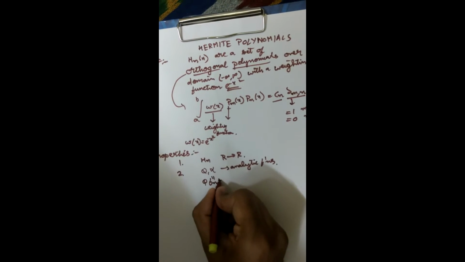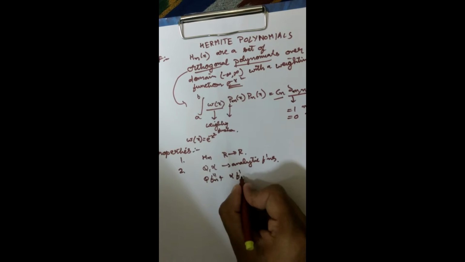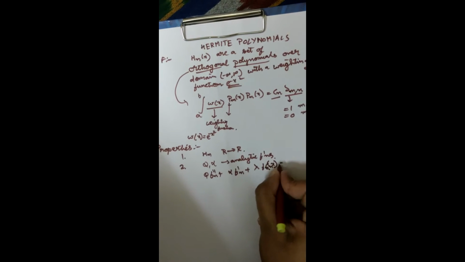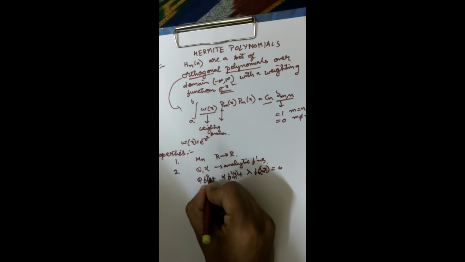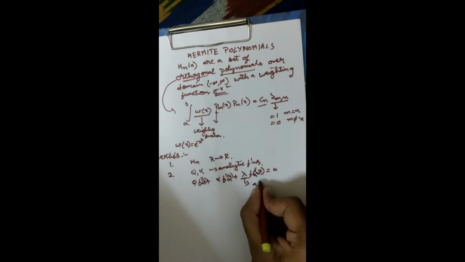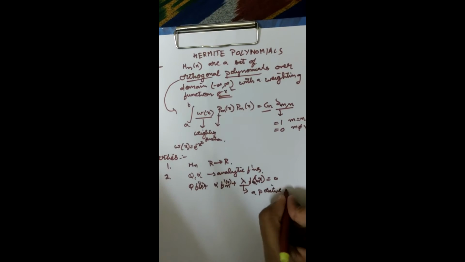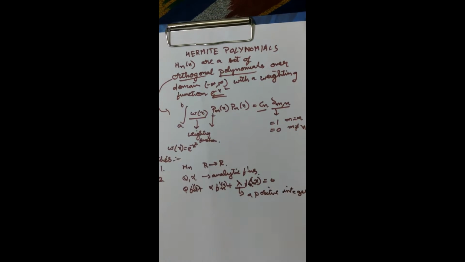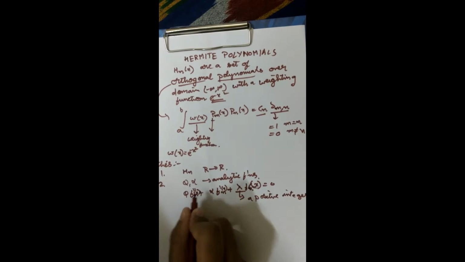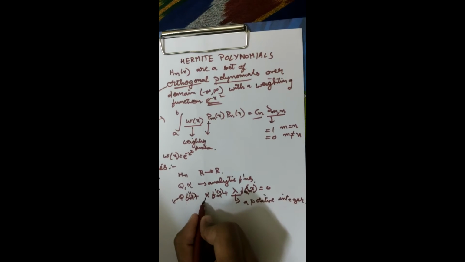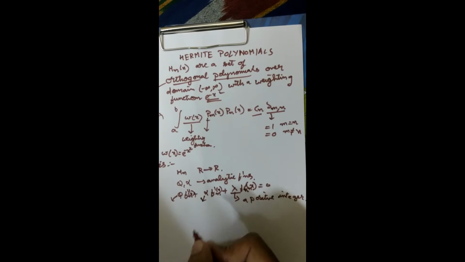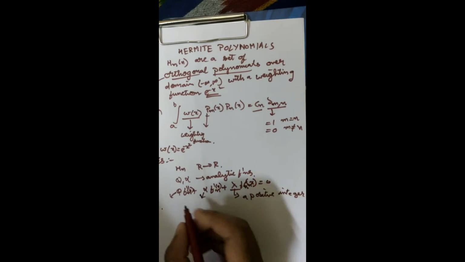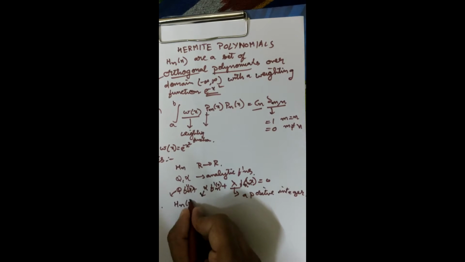The differential equation is q f double dash of n plus alpha f dash of n plus lambda f of n equals zero, where lambda is a positive integer. The solution to this differential equation will give us Hermite polynomials. We can solve this by using Taylor's theorem. Since q and alpha are analytic functions, they can be expanded through Taylor series. So finally, after solving using Taylor series, we get the final value of Hn of x as